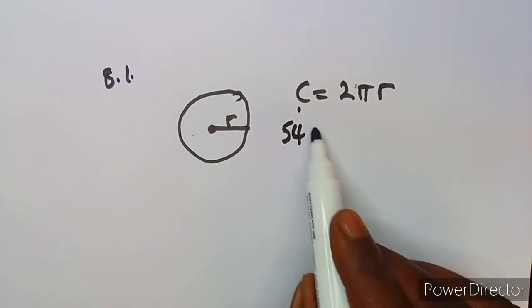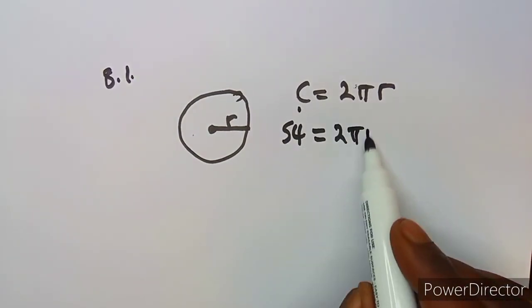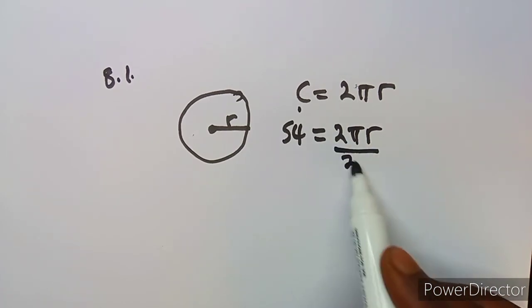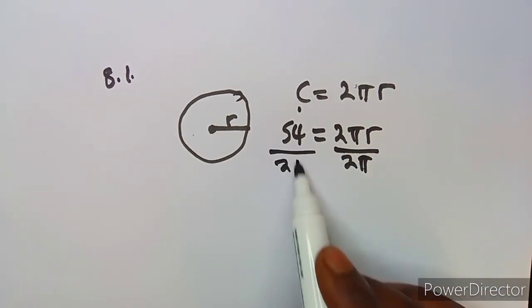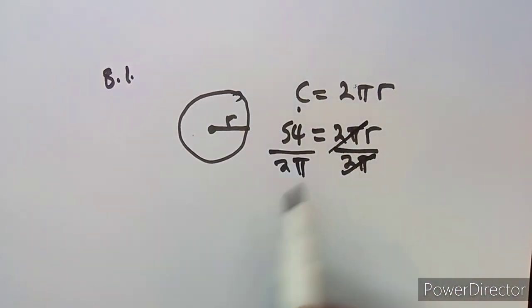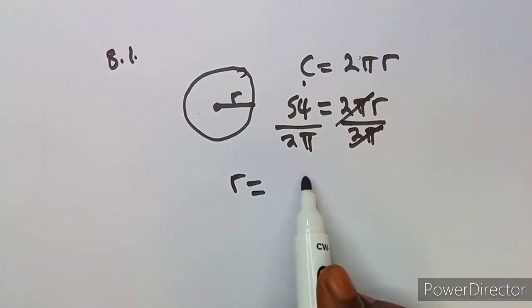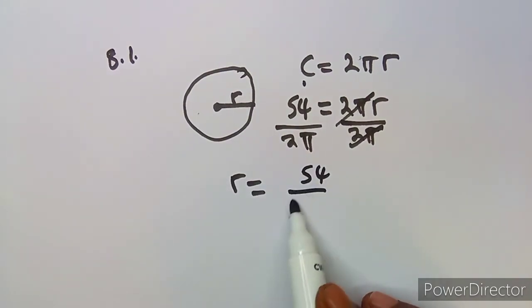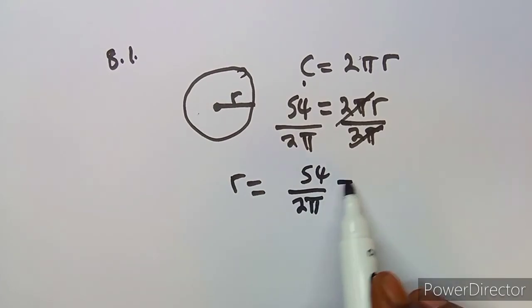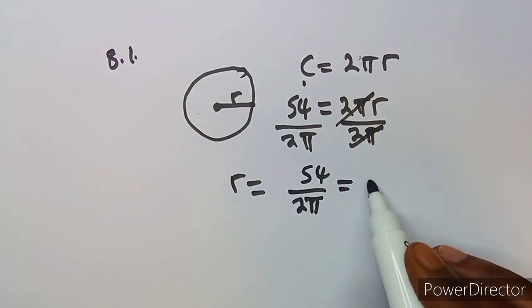So 54 is equal to 2 pi r. To find r, divide by 2 pi on both sides, so I'm going to cancel this. So r is equivalent to 54 over 2 pi. Okay, so it's going to be 54 over 2 pi. From your calculator, if you simplify this value properly, you are going to obtain